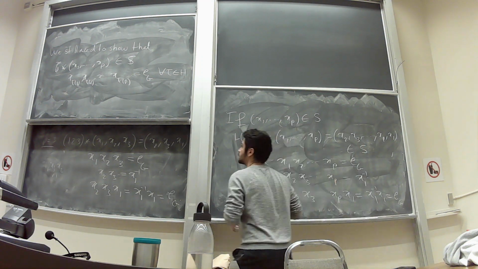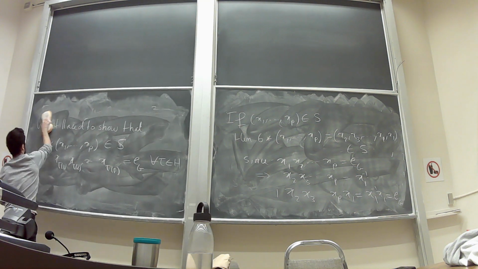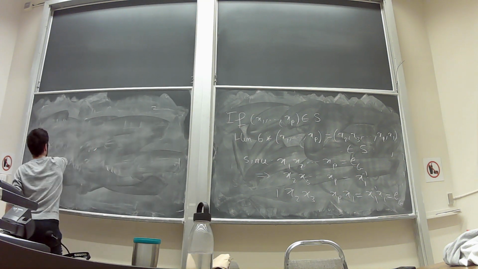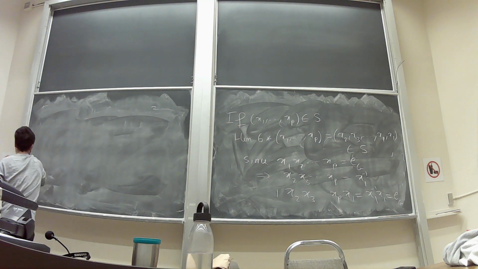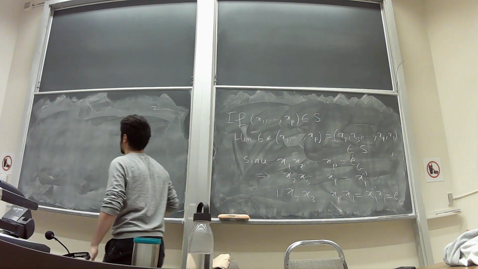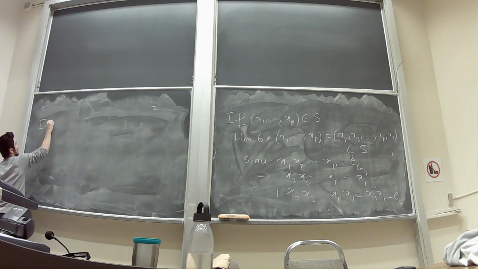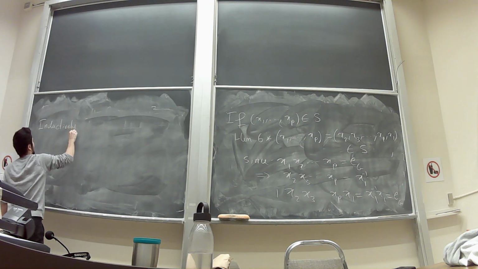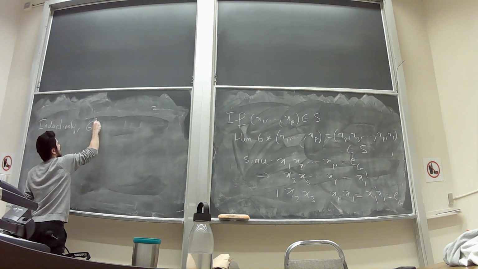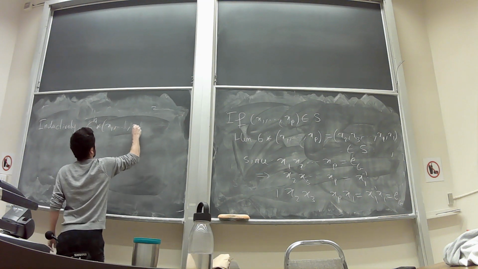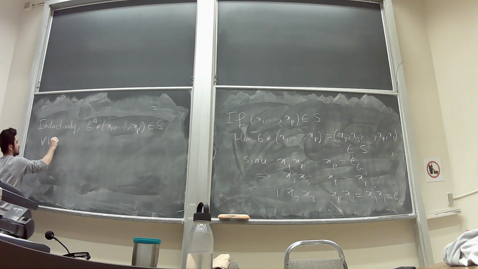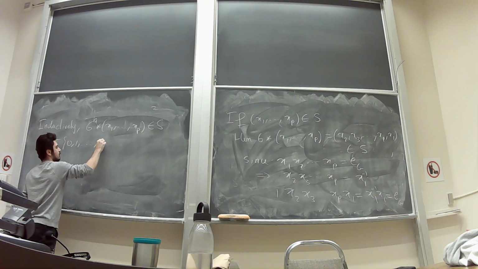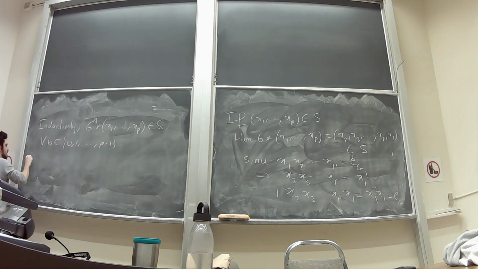Hence inductively sigma to the k star (x1, ..., xp) belongs to S for all k. Sigma has order p, so just k from 0 to p minus 1. Hence H, and star, defines